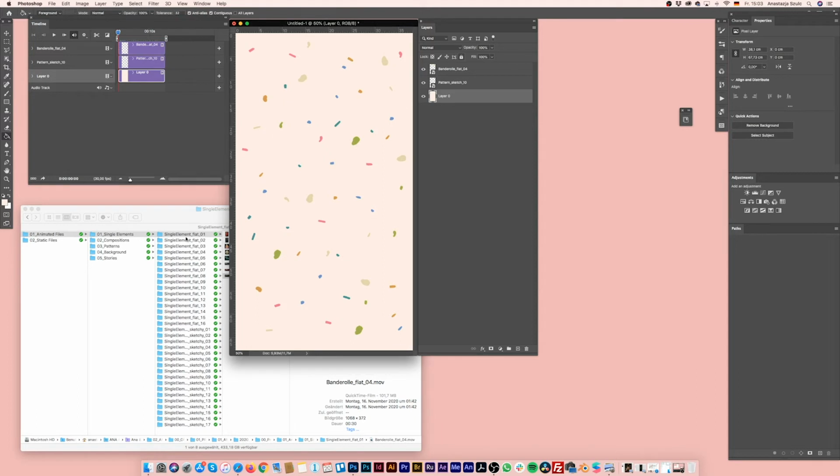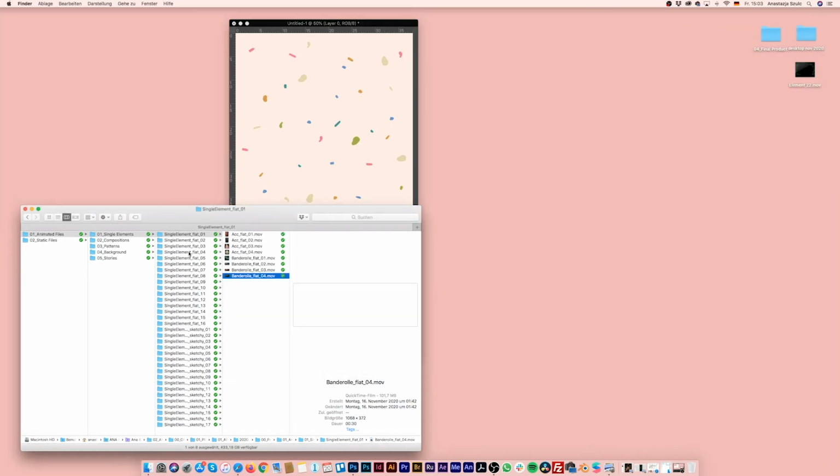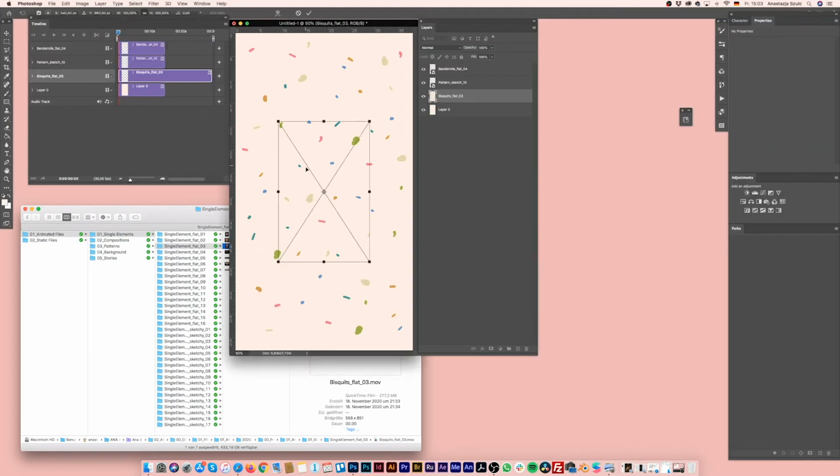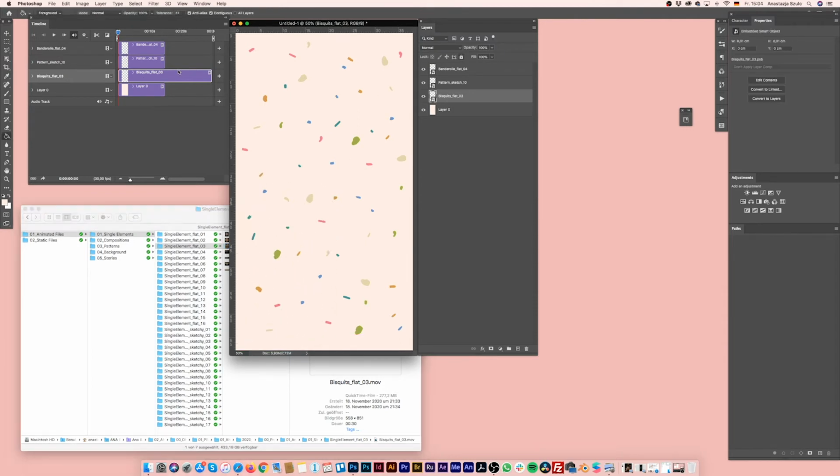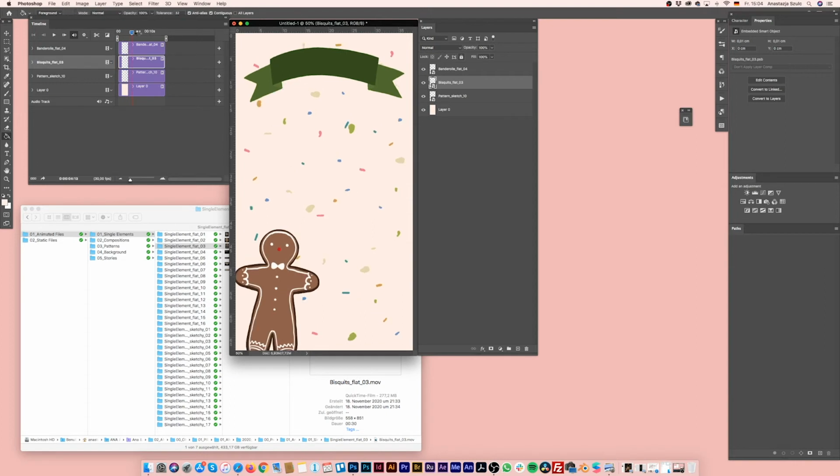So what we can also add is maybe this gingerbread man, like here. Now you can see it's behind the pattern. Just let me shorten this. It's behind the pattern, which makes no sense, so I will move it in the layer section above the pattern, and when we look at it, here we go.